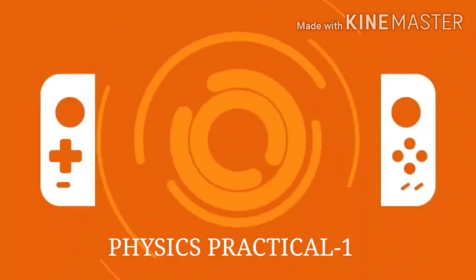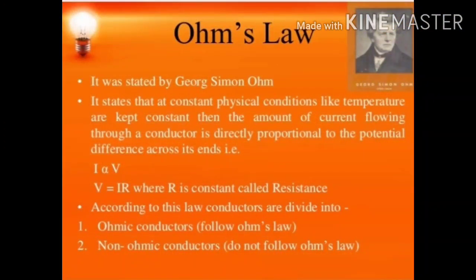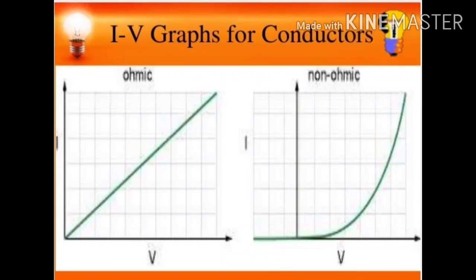Good morning, students. Today we will be doing the first practical for physics, that is verification of Ohm's law. We know that at constant physical conditions like temperature, the amount of current flowing through a conductor is directly proportional to the potential difference across its ends. So V is equal to IR, and when it is shown graphically, it turns out to be like this